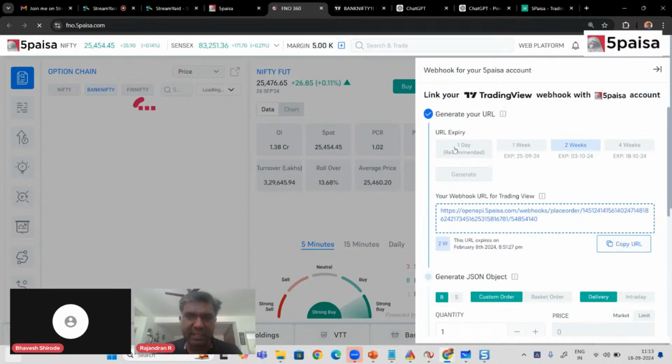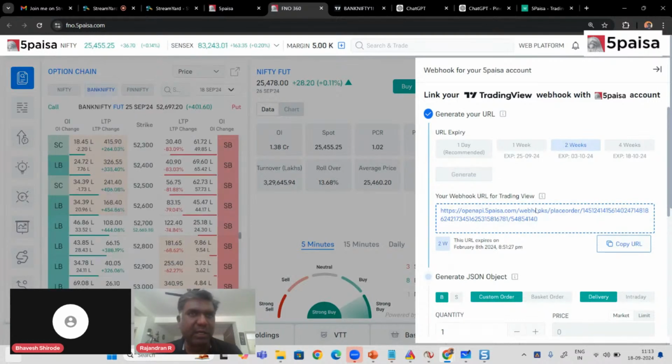So you can select the URL expiry: 1 day, 1 week, 2 weeks, 4 weeks. Whichever one you want to use, you can generate according to that expiry. Let's say you're a positional trader, you can generate for 4 weeks. If you're a weekly options trader, you can generate for a week or so, right? But if you only want to trade today but tomorrow you don't want to use it, you can generate for a particular day. So for the time being, I'm going to keep it like